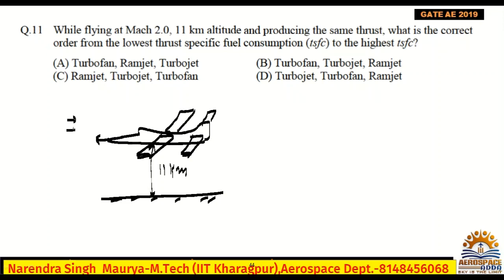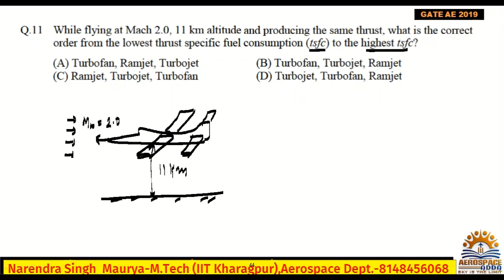Mach number is nothing but M infinity, which is 2.0, means supersonic speed. 11 kilometer, okay? Producing the same thrust, what is the correct order from the lowest thrust specific fuel consumption, TSFC,